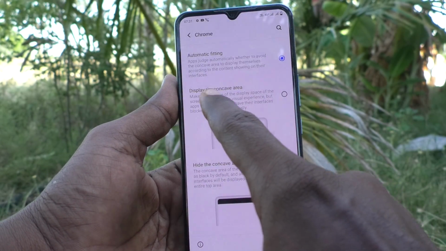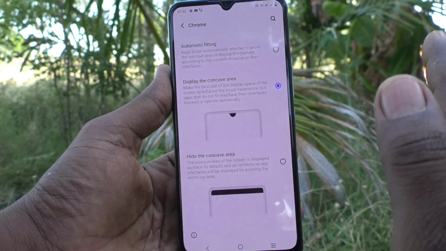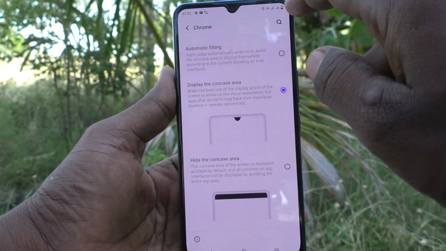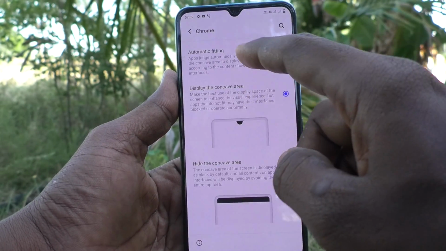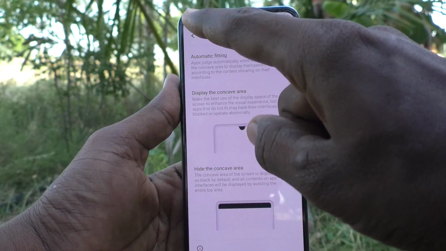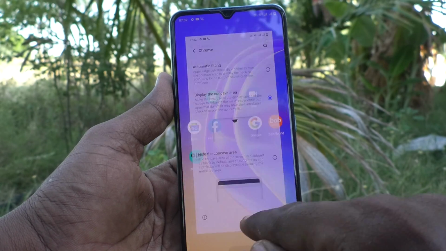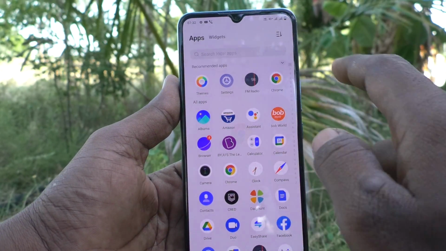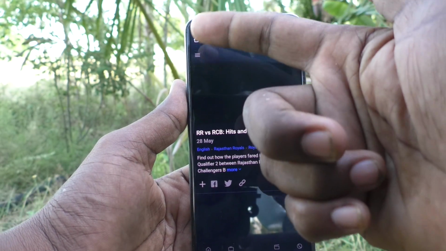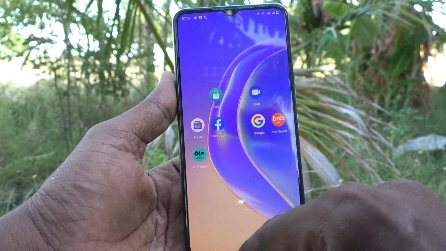If you set display the concave area, it will still show the full screen apps, that is without hiding this area, this what is called notch area. Without hiding this notch area, it will show. I will show it now. Google Chrome is opened in full area, and if you want to hide those area, what you have to do